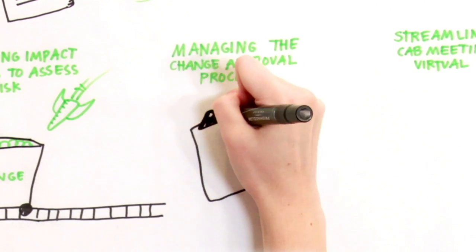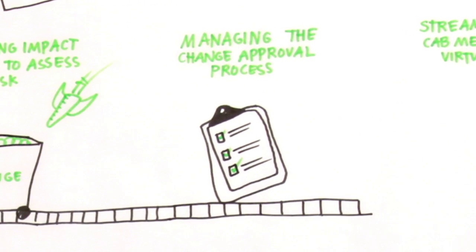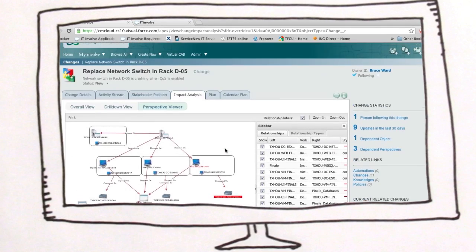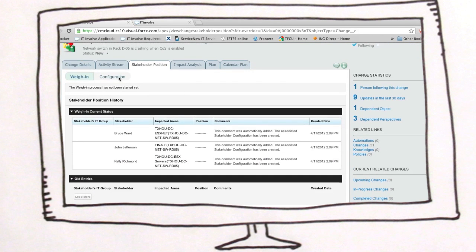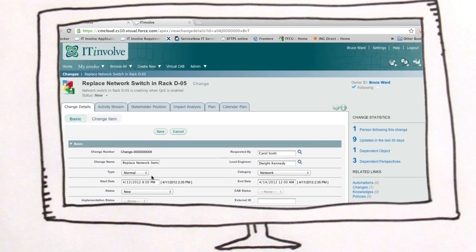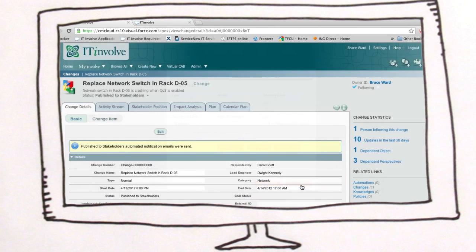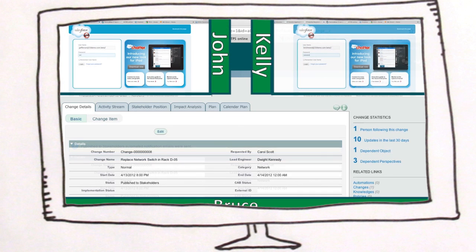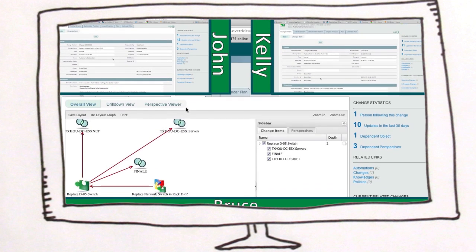Next, Bruce clicks on Stakeholder Position to get an idea of who has been identified as stakeholders of the change. Bruce can also add additional stakeholders as needed. Once Bruce feels good with his assessment, he'll change the status from New to Publish to Stakeholders. At this point, he will have an opportunity to extend the notification of this change beyond the people that were automatically identified by our solution. In this example, John, Kelly, and Bruce are the 3 affected stakeholders. Once they are notified, each